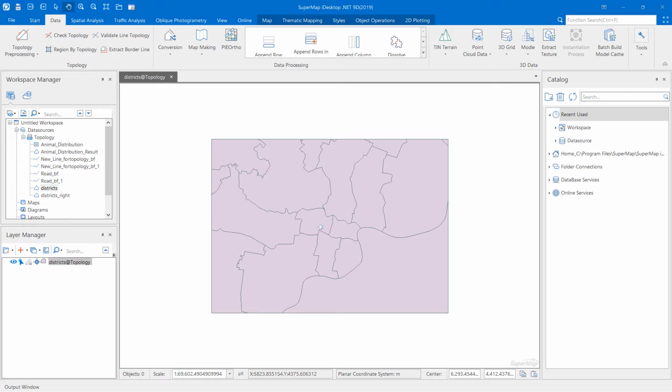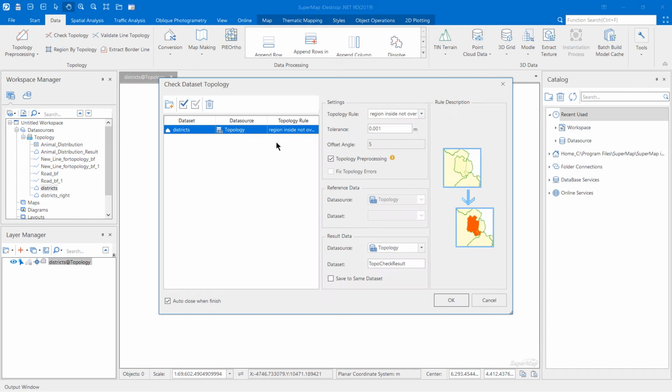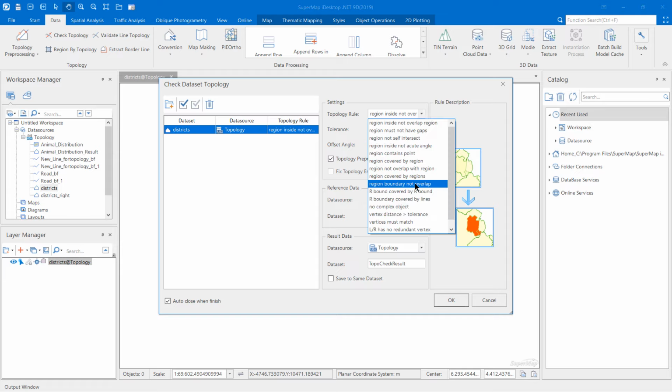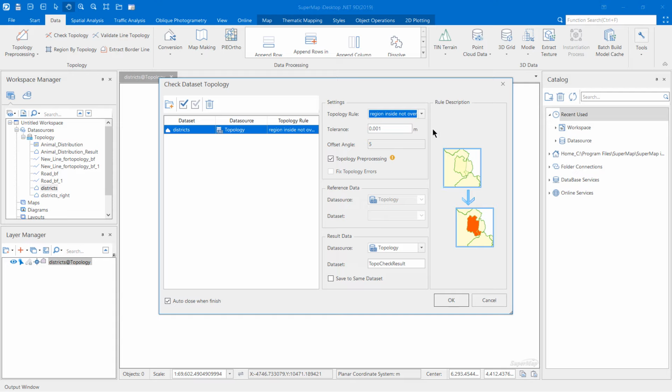So we're going to go ahead and check the topology of this data set right here and see if we can identify all these three imperfections. So we're going to say data, the data ribbon, and under topology, we're going to say check topology. Now here, under the settings is where we select our topology rule. What do you want this check to do? So for this demonstration, we're going to use region inside, not overlapping region, right? We're going to leave the tolerance alone and the offset angle as well. And we're going to say, okay,